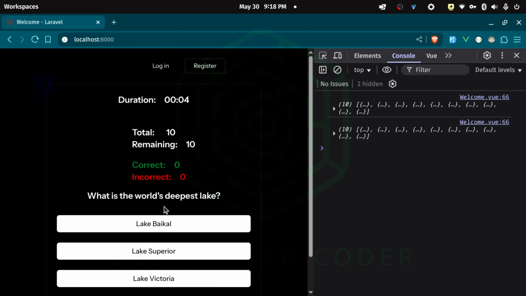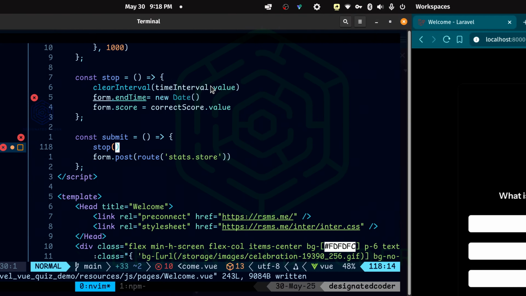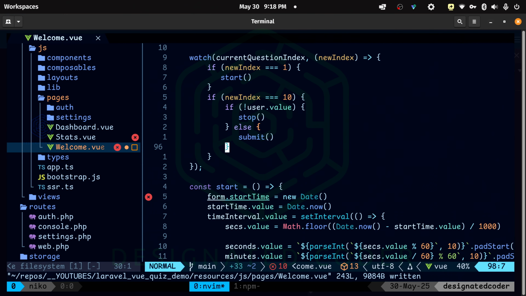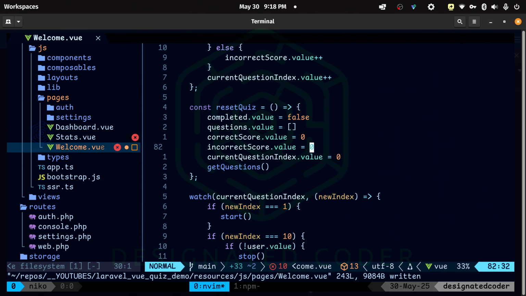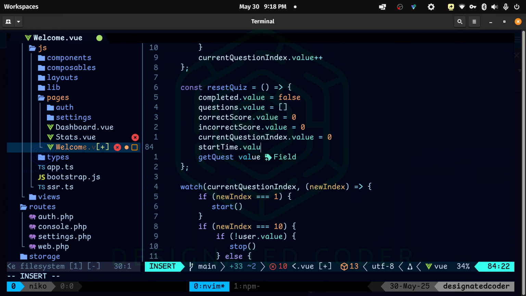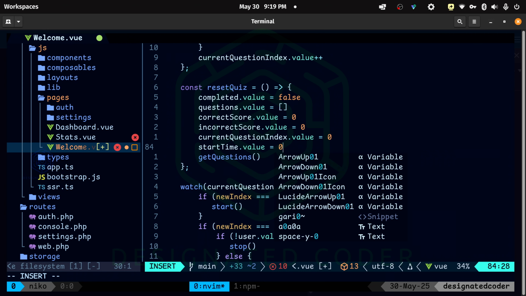I'll go ahead, refresh. And this is something that we're going to clear in a bit because as you can see, the time is here and we want to make sure to clear that too. As a matter of fact, I'll do it now so that I do not forget since we're here anyway. We'll go to reset quiz, the questions.value, correct score, incorrect. We'll do the start time value equals 0, and then